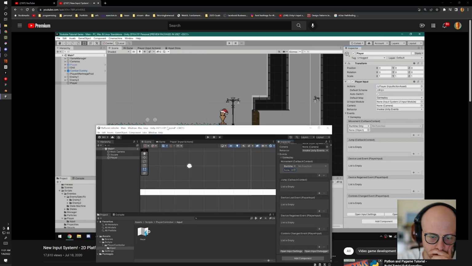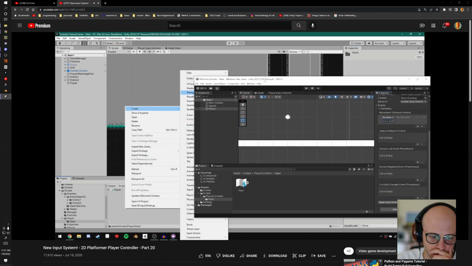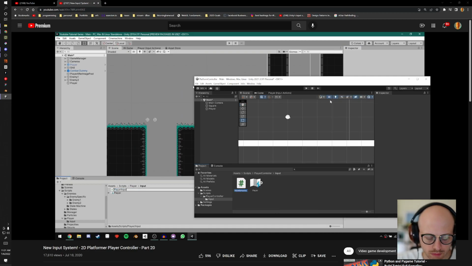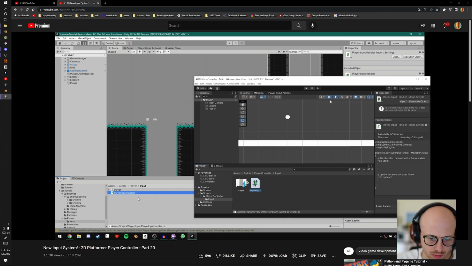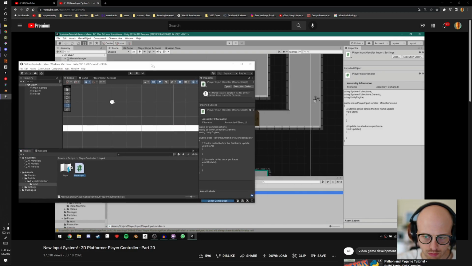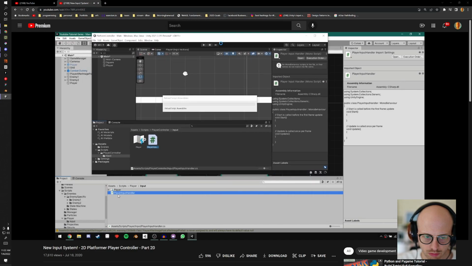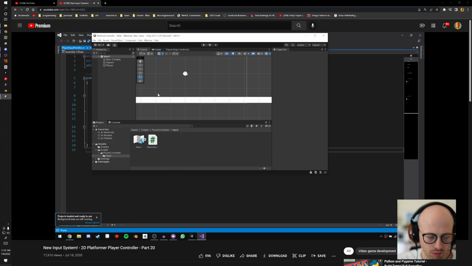So in our input folder, let's just go ahead and create a new C# script. I'm just going to call it player input handler. Seeing as moving forward, we're going to be working with a finite state machine for our player, we're going to have a whole separate script that's going to deal with just input. Go ahead and open that up. And let's just go ahead and delete all of